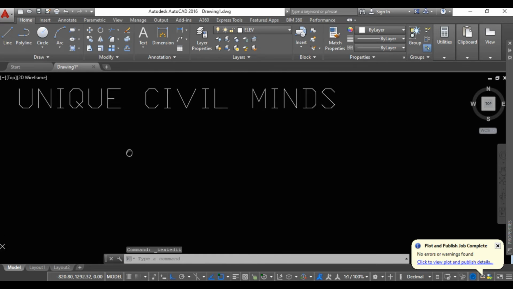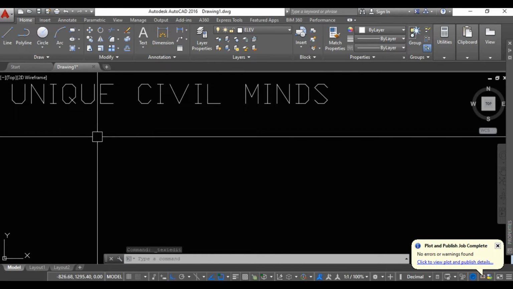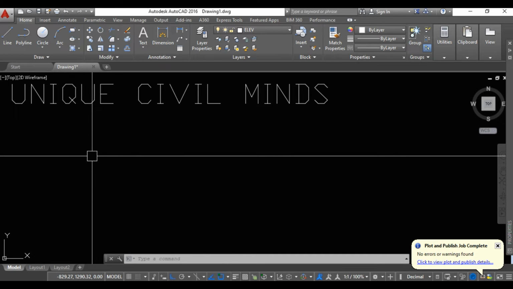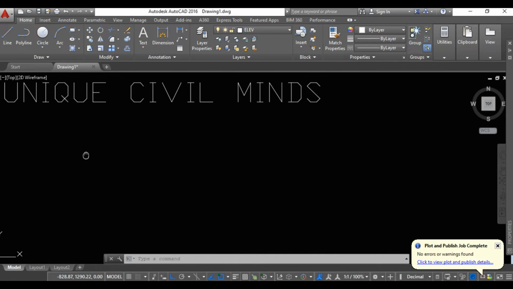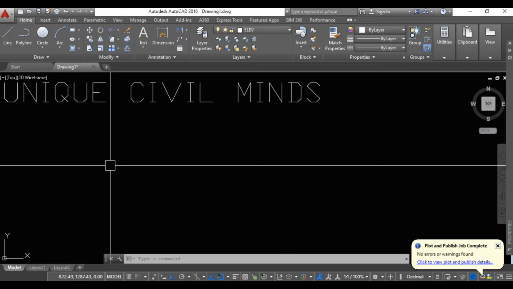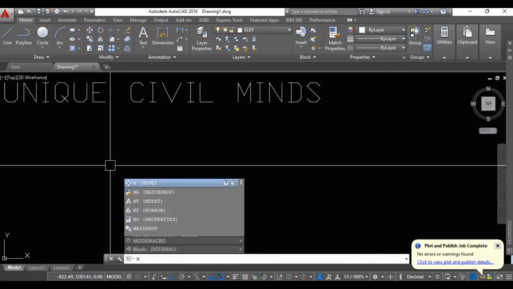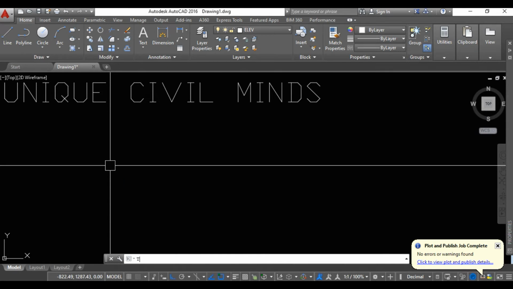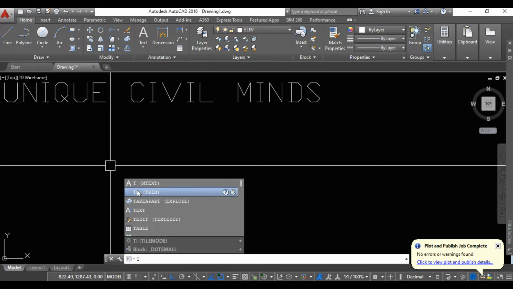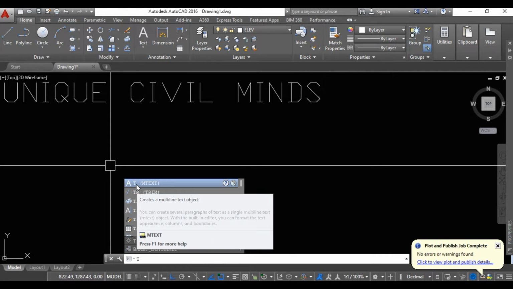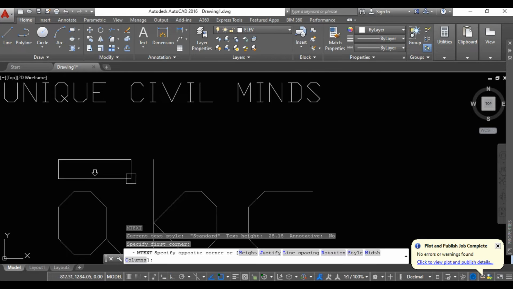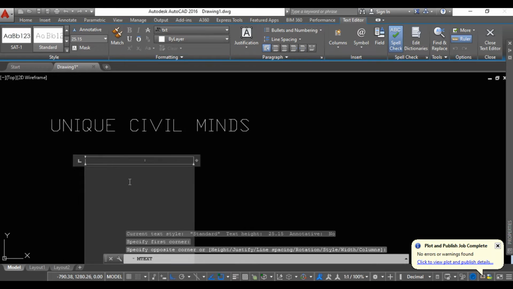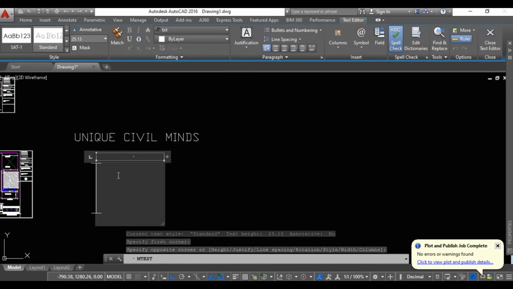So if you want to make all those editable, I will show one more command key for how we can edit all those things easily. For that case, I need to go for a multiple text. So you can write text, or MT, or you can type only T, right? That is the shortcut command key for multiple text, that is T. You press enter. See here, I will click and drag towards my right hand side and leave. So now it is ready to type anything. The same thing I will write